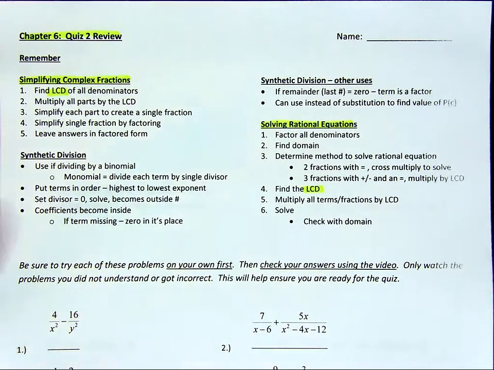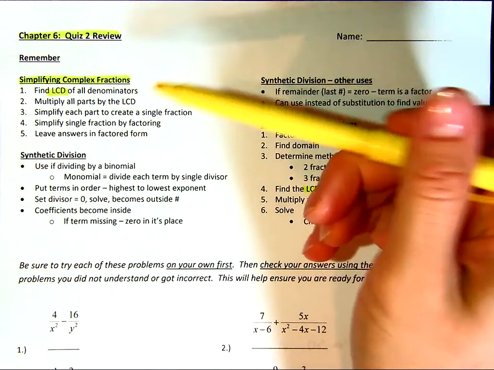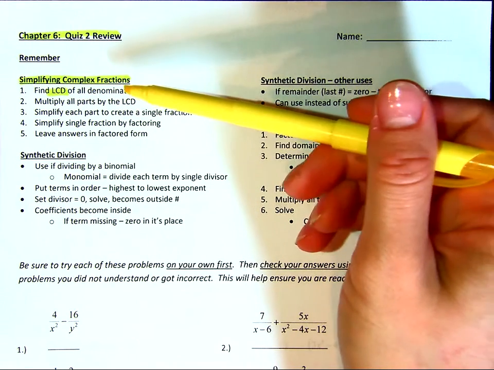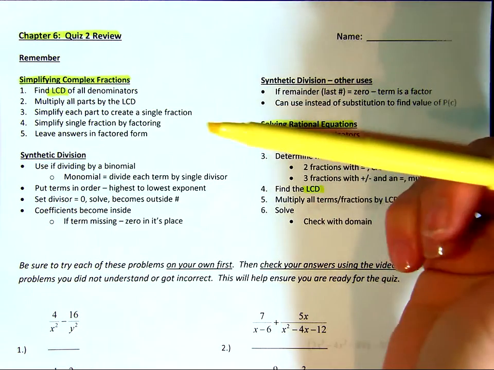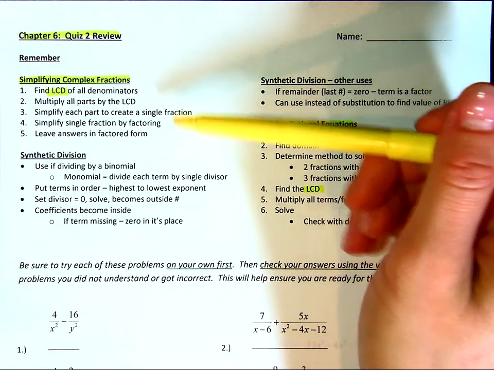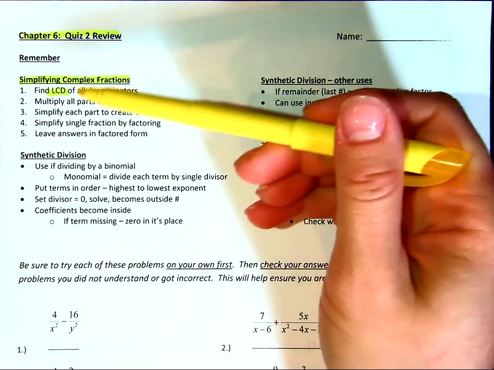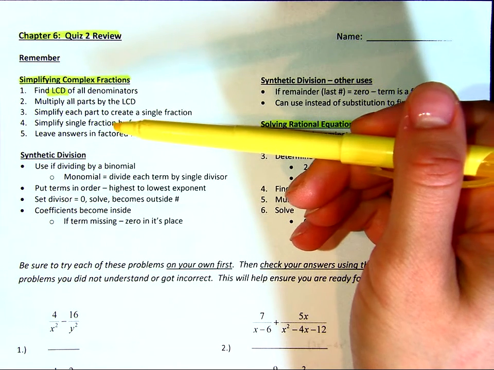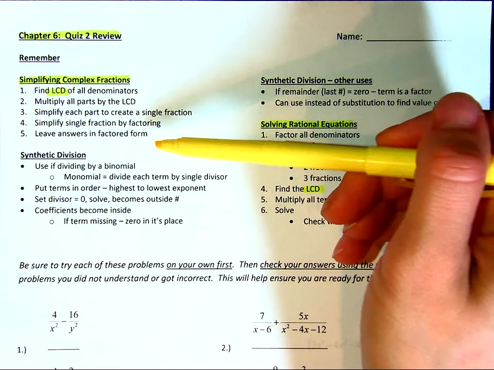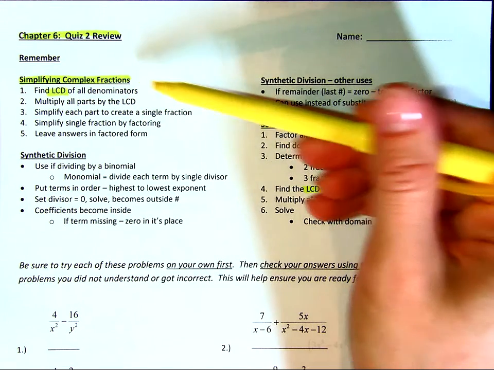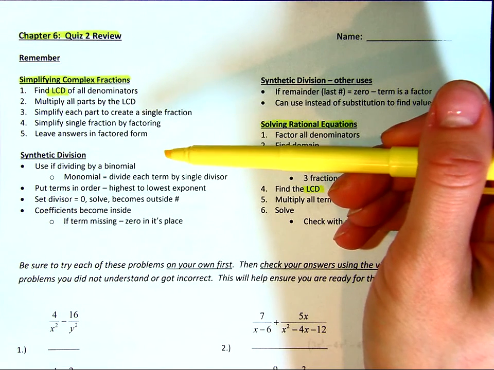Now, I'm not going to go through and read through all of this. This is just a refresher for you. So, if you forgot how to simplify complex fractions, make sure you look through these steps. The idea of finding the LCD, multiplying by the LCD, simplifying each fraction. All of this is what we did first. So this is probably the stuff that you'd forget the most. So make sure you go back and review it and read through the steps. And if that doesn't help, then make sure you go back and look at those first two videos that were